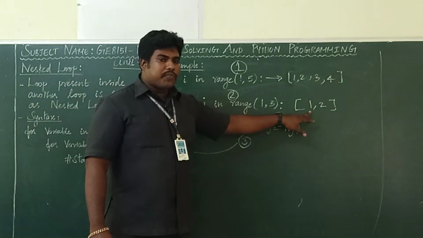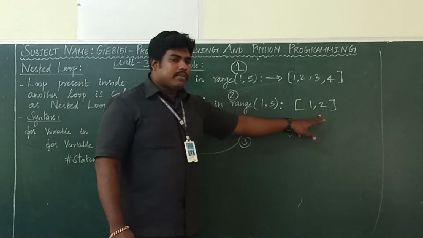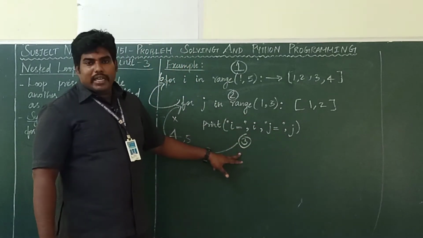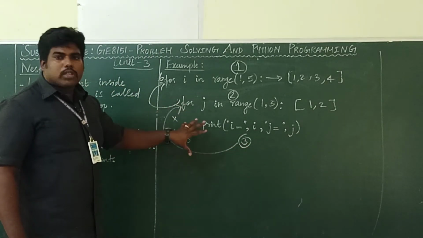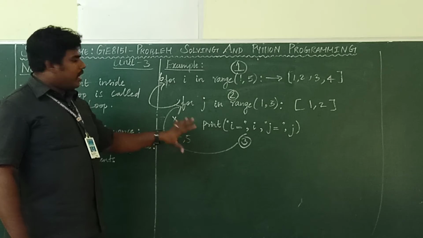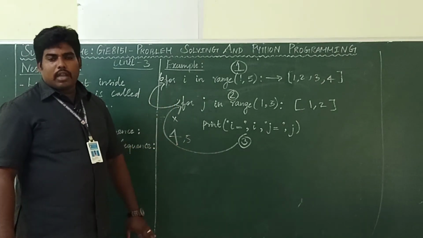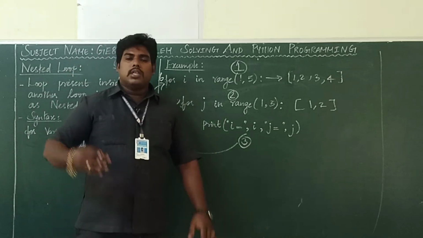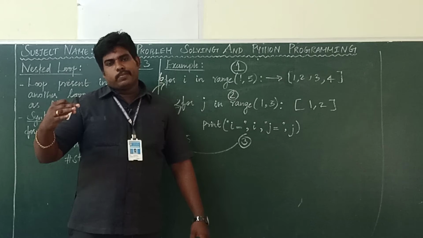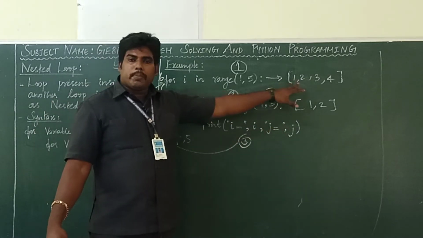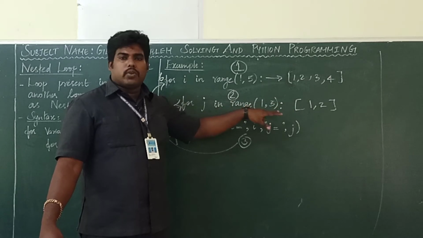Here for this first element, 1 time it will print. Then for the second element, again it will print i and j. After completing this, once the innermost loop is completed, it will go to the outer loop. Till then the inner will be executed. All of you got it? In a nested loop, the outer loop must be true, that means the element must be there. Once it is executed, the inner loop will be executed.